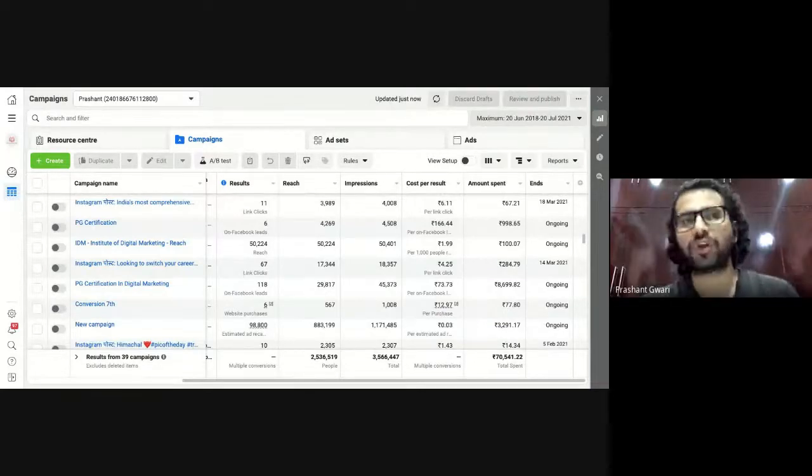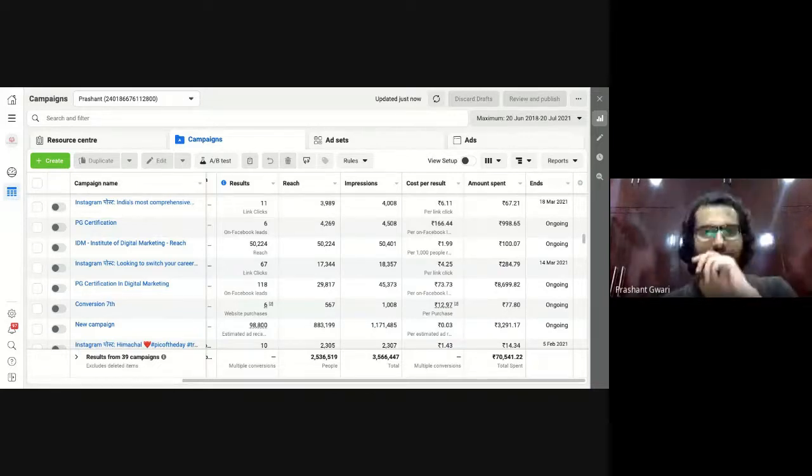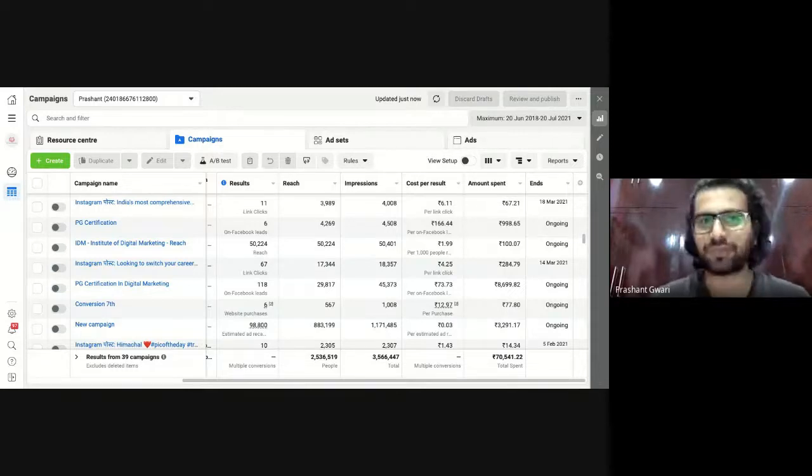Okay. So I told you how to add the Facebook pixel to a WordPress website. Attach the Facebook pixel to your WordPress website, then run at least one or two conversion marketing campaigns using the pixel you have created on your Facebook page, and target your audiences. If you don't have custom audiences, don't worry, create your broader audiences, but try to run advertisements, because you have an e-commerce website. So you will use your e-commerce website also to run advertisements, because conversion marketing campaigns are mostly used by e-commerce websites.